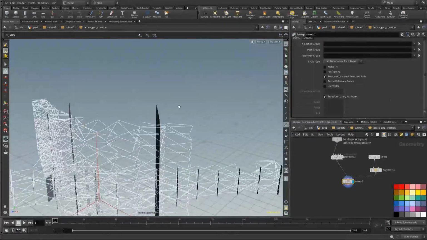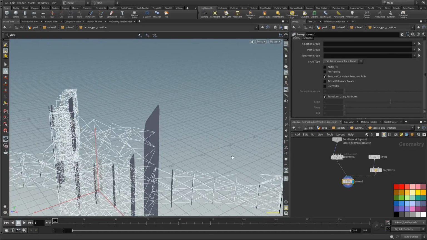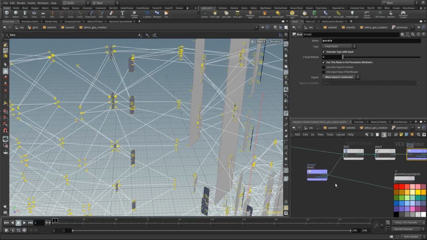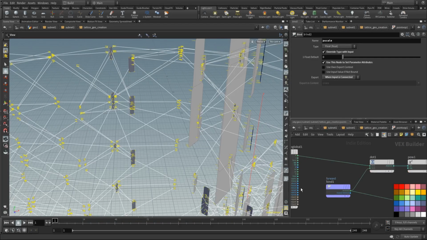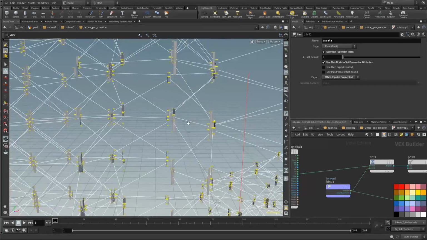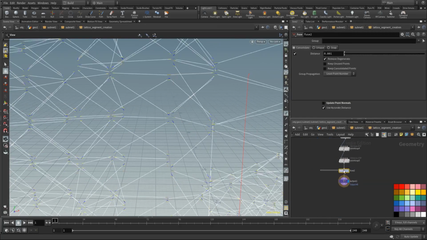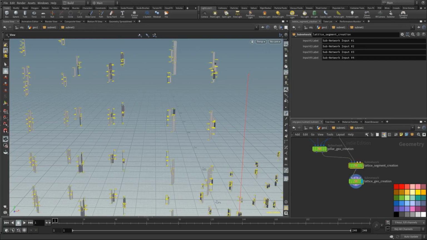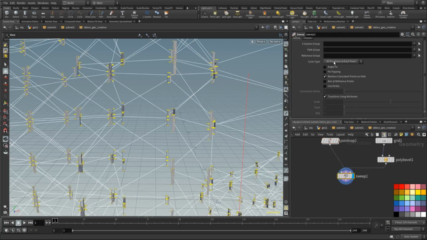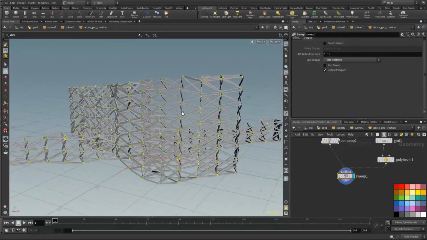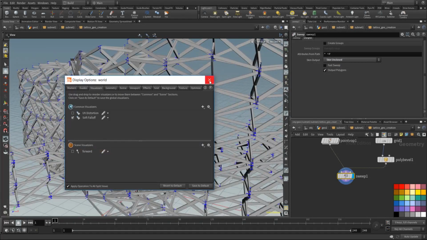We have something going wrong definitely here. Alright, so I found a mistake, and a pretty stupid mistake, which was using the position over there. And this needs to be normal. But also, just to make sure that you guys also have this, in all your fuses, make sure you don't have the update point normals turned on, because that can also screw up stuff. So make sure that one is turned off. Alright, now we have our sweep. Let's go to the output, skin unclosed, and we have our lot of